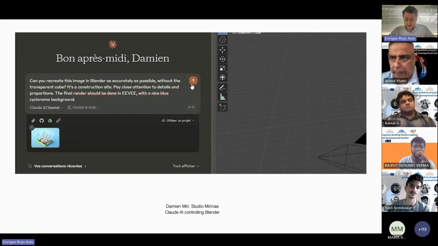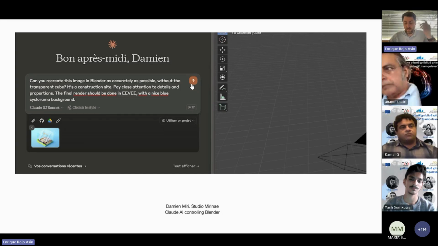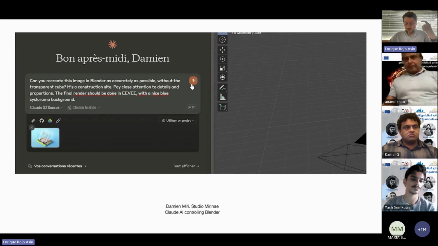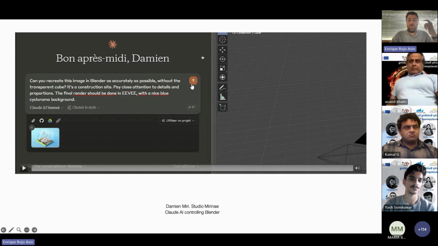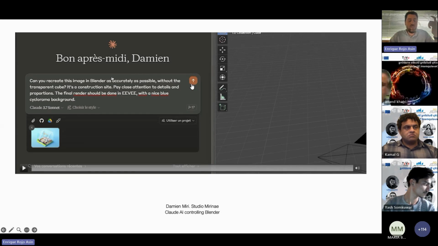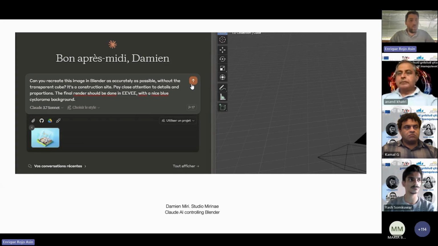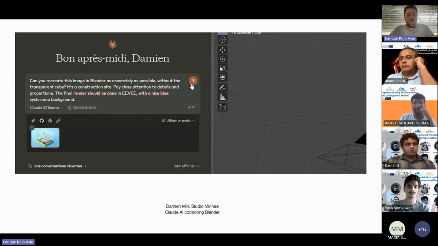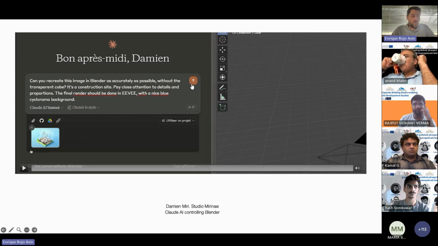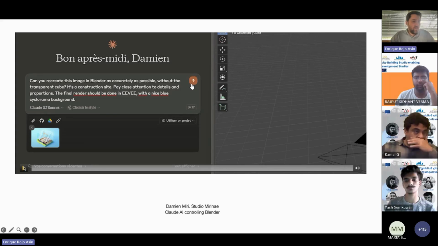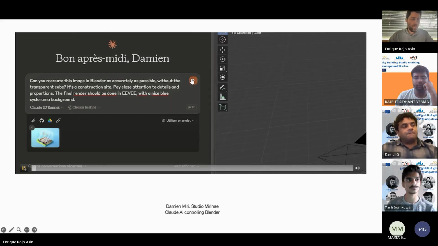No, so as you will see in the video, this is just an illustration of how, given some text instructions, the AI can recreate a construction in 3D in the program Blender, which is a free program that can be used on Mac and PC, which is also good, and has a good renderer, and many 3D designers use it. So as you can see, you can grasp that these technologies can help us produce much quicker. No?